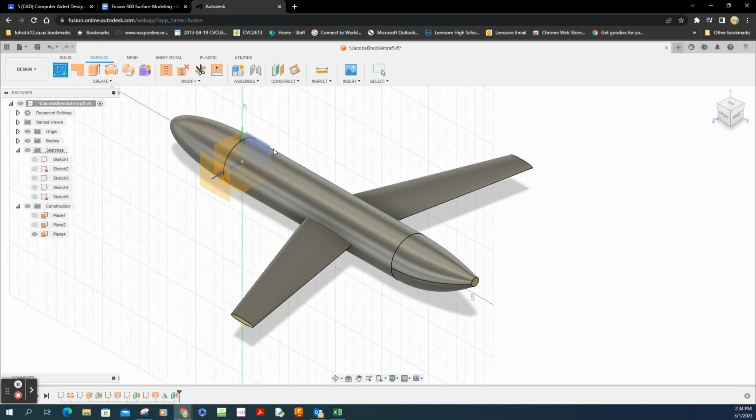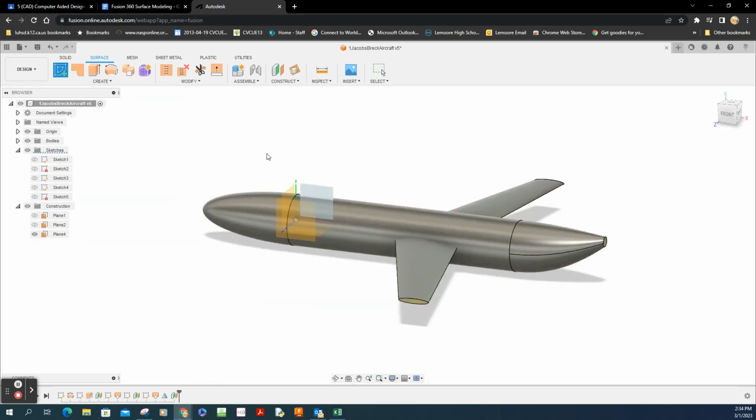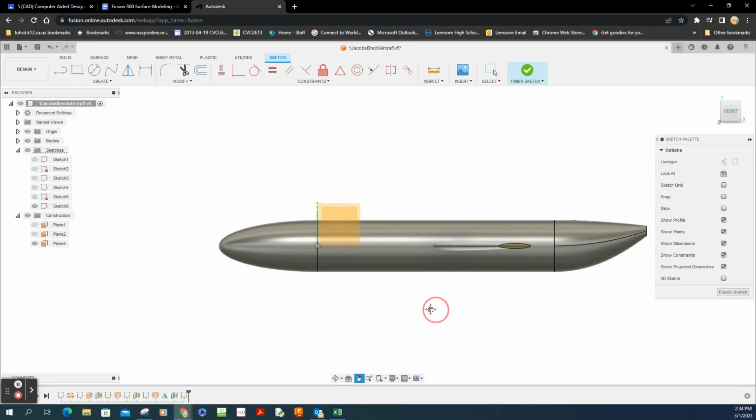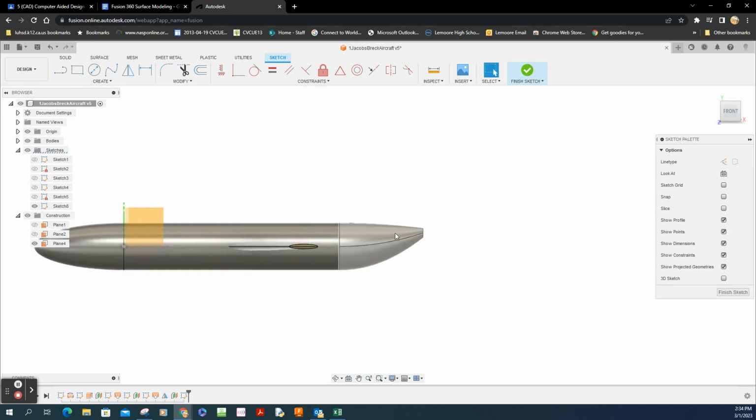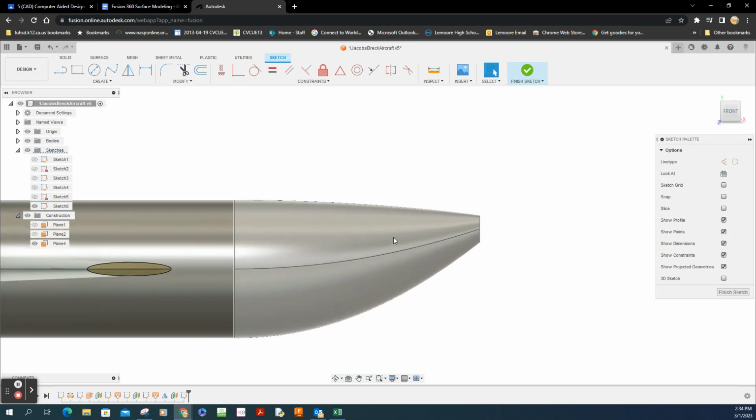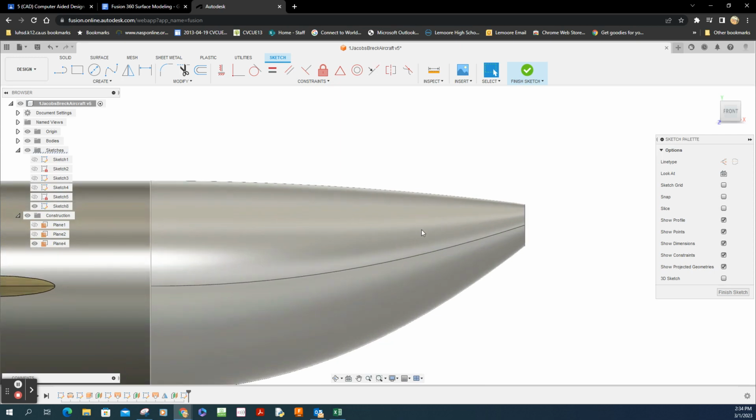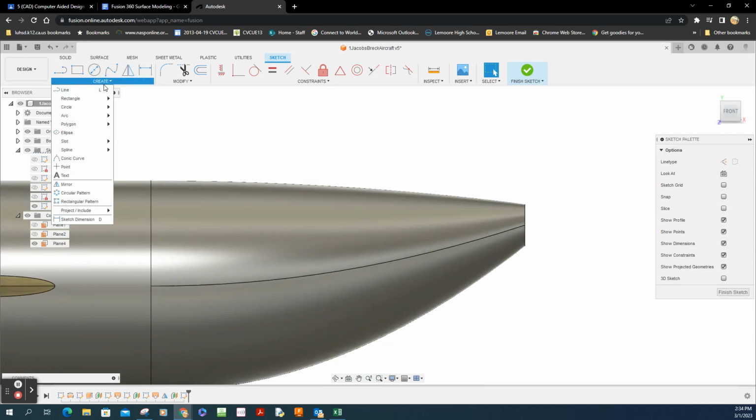So we're going to go to the new sketch. We're going to select this plane right there. Then we're going to draw an ellipse back here, right in that area. And that ellipse is 12 major, 2.5 minor axis length.